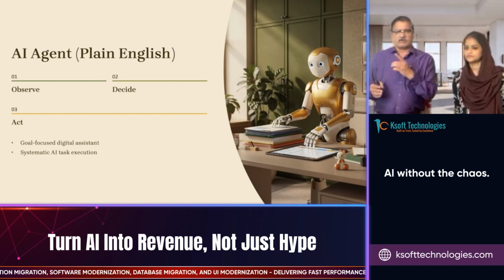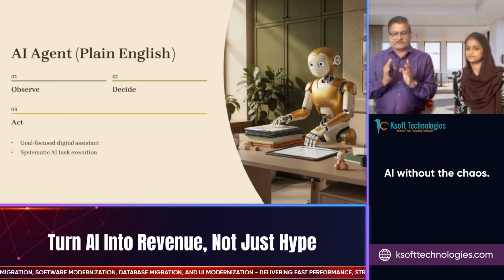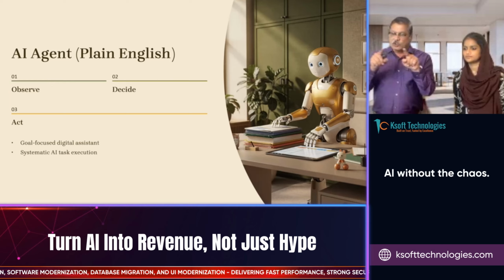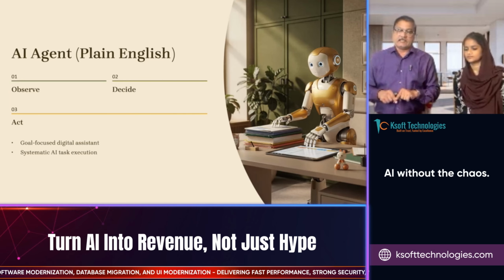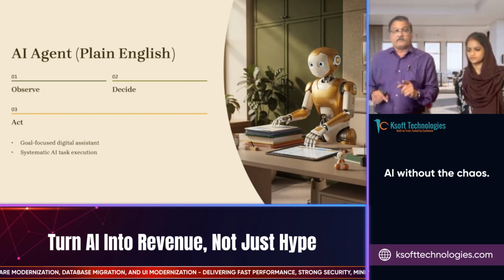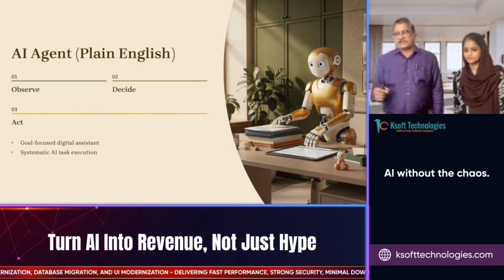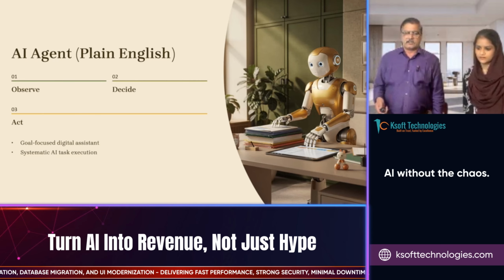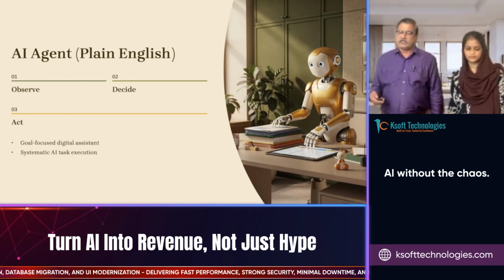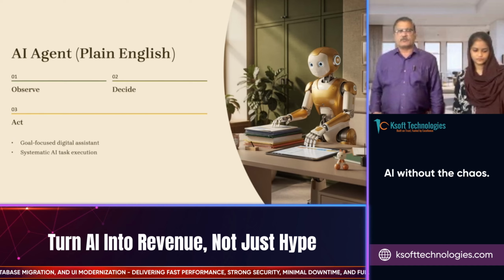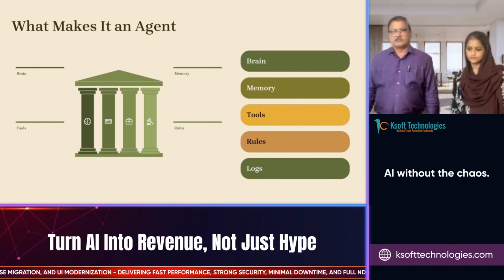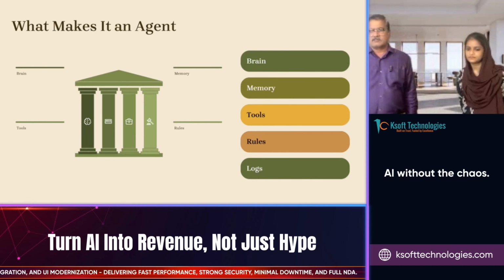Everything cannot be taken care of by one agent. One agent has a very specific set of rules, a specific set of duties and responsibilities, along with proper guidelines, rules, and fail-safe places where it should not step out of the line. After that, it acts. It does the job. If it is something it can do, it does it and responds back to you that I have done it.